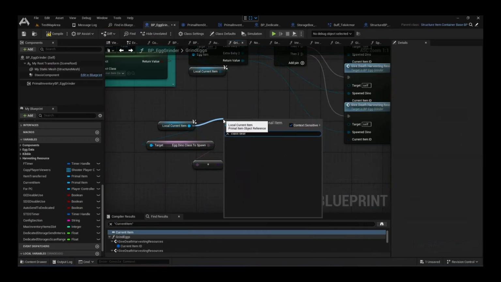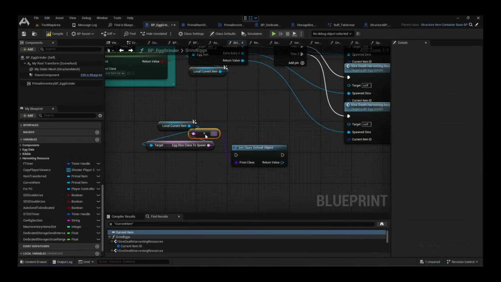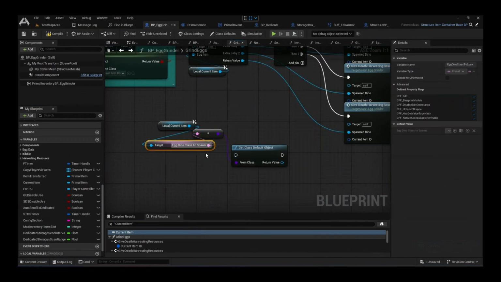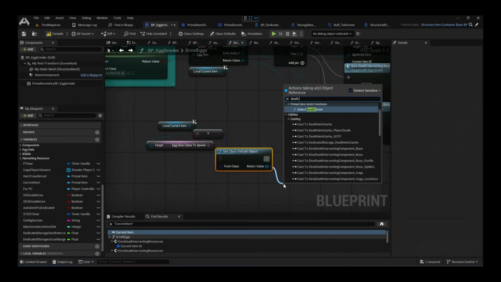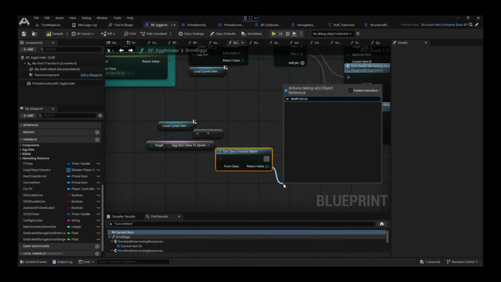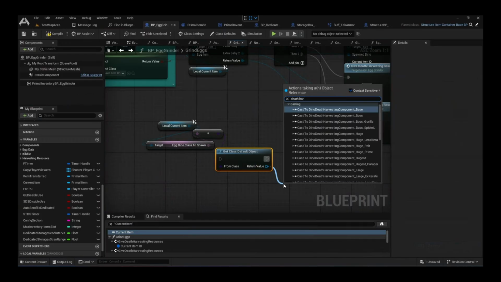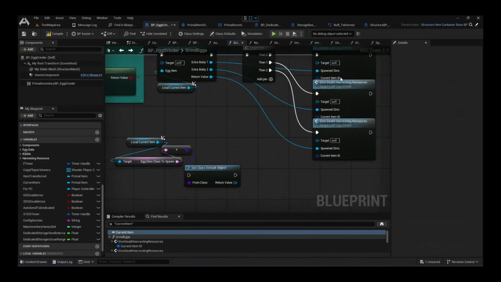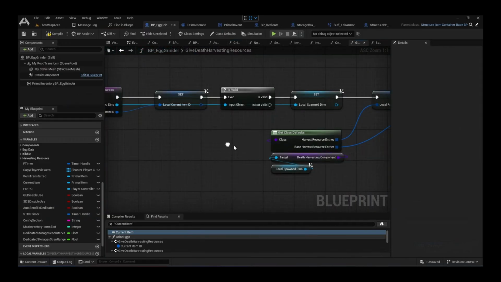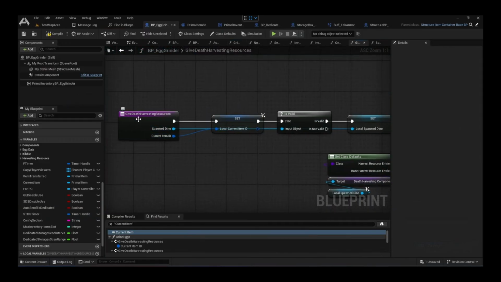Class default, there's no class default. So we need to resolve the egg to spawn. See, there's nothing. So what you can do is give,